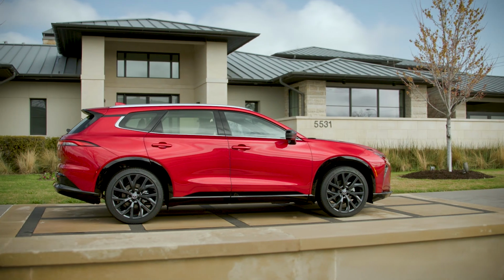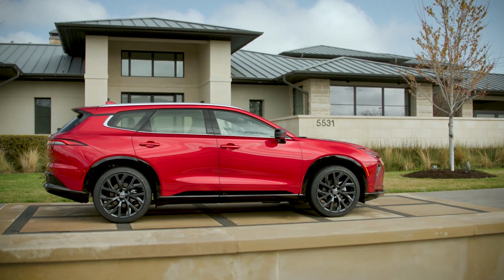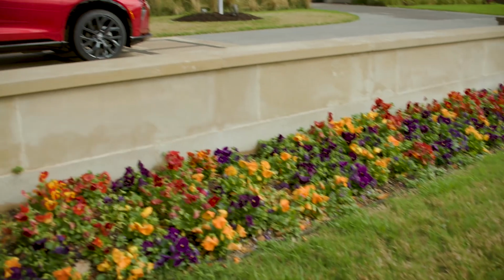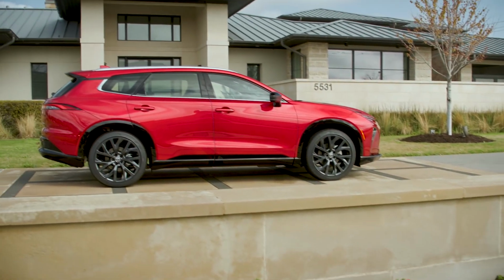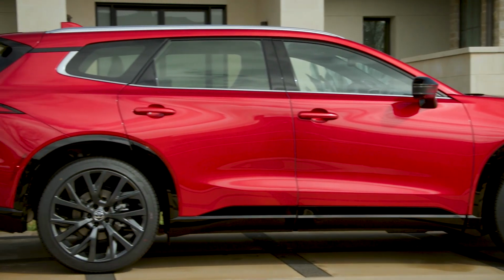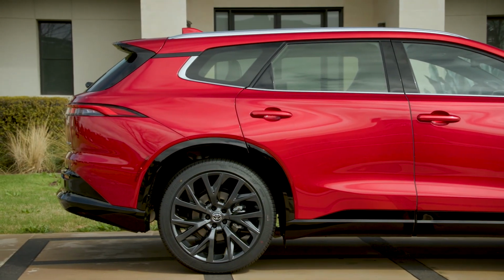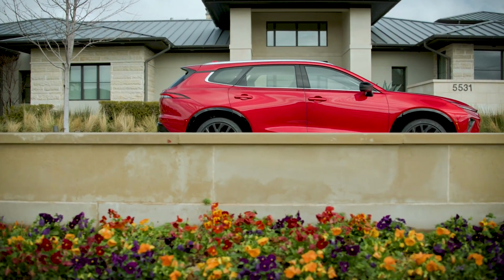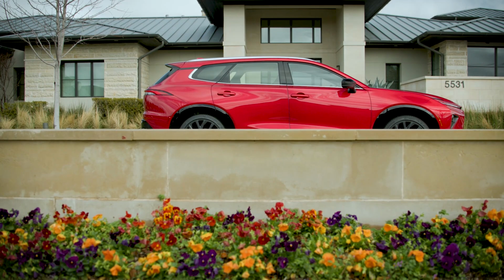The base model, Toyota Crown Signia XLE, is priced at $44,985, including the $1,395 destination fee. For those seeking additional features, the Crown Signia Limited is available for $49,385. Both models come equipped with the same hybrid, all-wheel drive setup. Buyers have the option to add the